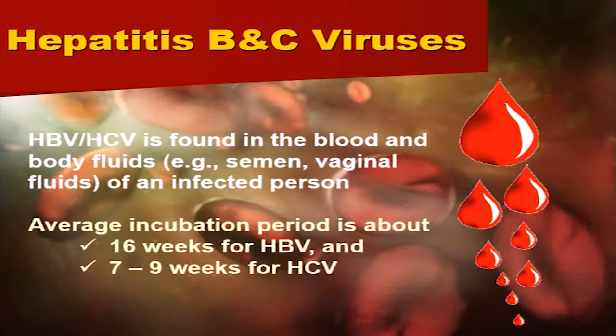They're found in the blood and body fluids, semen, vaginal fluids of an infected person, again, when blood is present. Average incubation period is about 16 weeks for hepatitis B and 7 to 9 weeks for hepatitis C. This is important because it means you could be carrying this stuff for a while, not even know it, and transmitting it. So your precautions have to be proactive. You're touching trash, wash your hands. Don't assume that you're still good because you could be carrying it around for weeks and not even know it